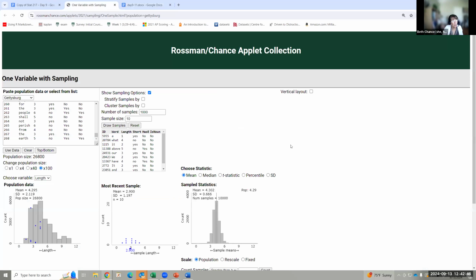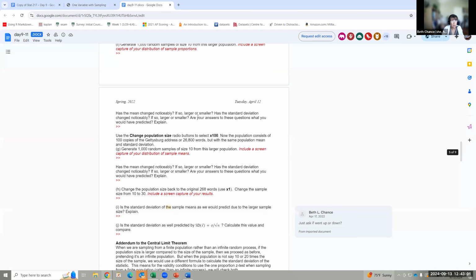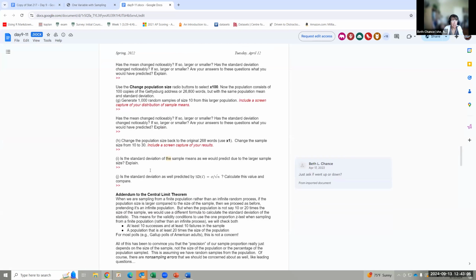And again, the other point I was trying to make is, if there's something in the course that you think they always struggle with a lot, that's what I want the exploration to focus on. That's what I want them to spend more time struggling with. So there was the ×4, the ×10, changing the sample size, thinking about that standard deviation